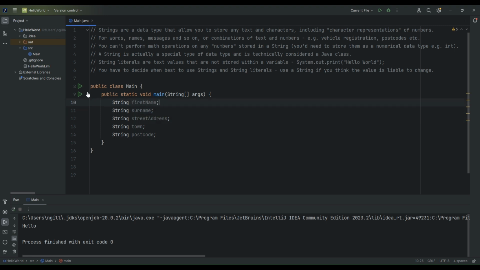Now we're using a string to store the first name because that is usually a string, usually text. Also the surname, just using normal text to store a person's surname. Street address is usually text as well. A string to store the person's town, and also a string to store the postcode. Strings are quite good for postcodes and zip codes because you can use them for storing combinations of text and characters. You're not likely to need to perform any maths on a postcode as such, so string is probably a